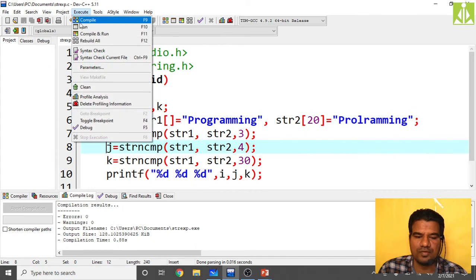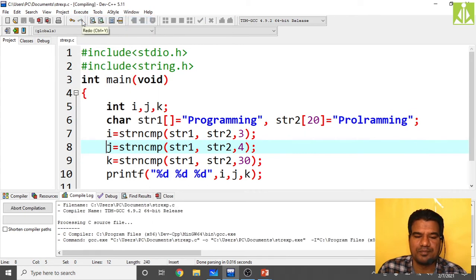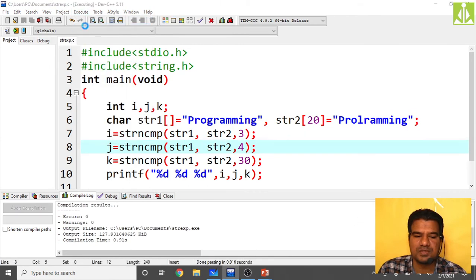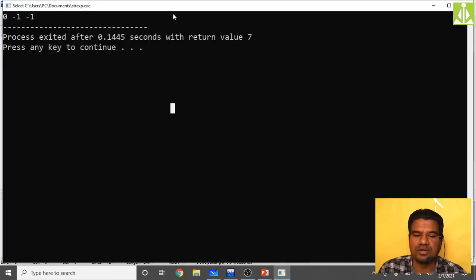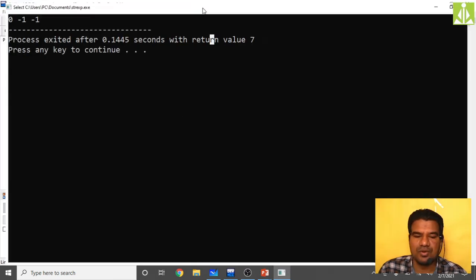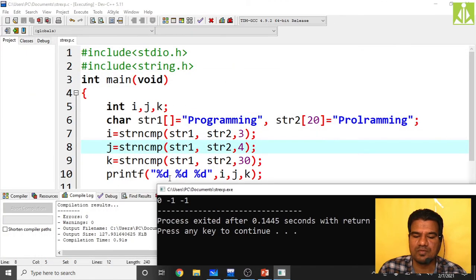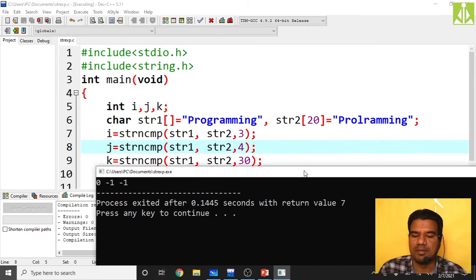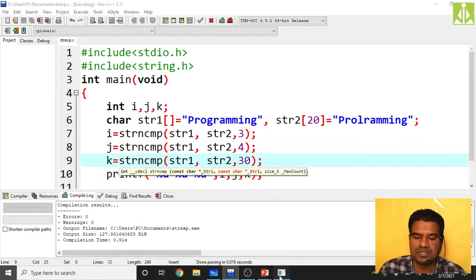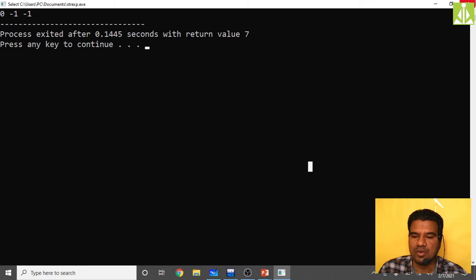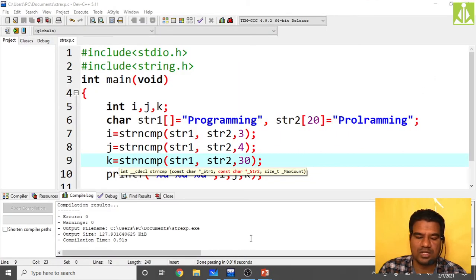Just see what output you will get. 0, -1. Compilation successful, and when we execute, we got the same thing as you can see. 0, -1 we got. For this D, the I value, that is 0. For this D, -1, that is J. For this D, -1, which is this K. So likewise, you can remember. Hopefully you understood this concept. So quickly, we go and see what other concept we have over here. So go to the PPT.